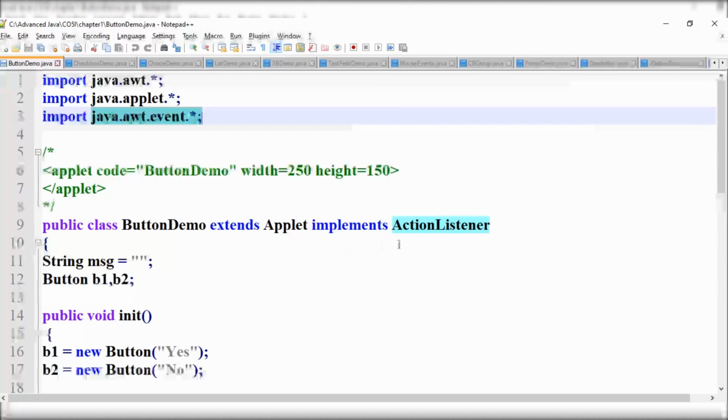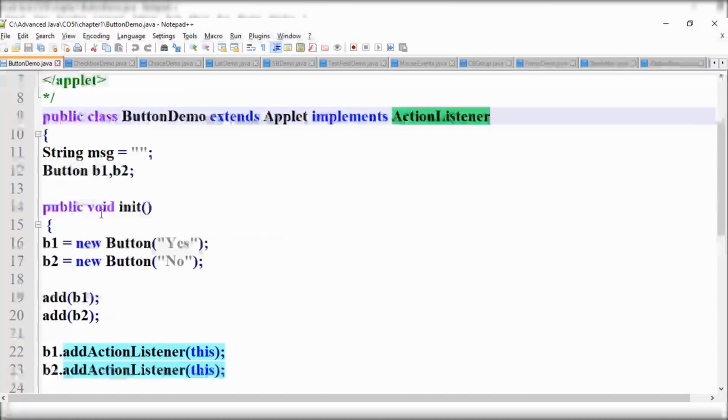For a button, there is one listener, that is action listener. For a button, we should implement the action listener interface. This is the second required thing for event handling. The first thing is the package java.awt.event.*. The second thing is the required listener, which is action listener for a button.